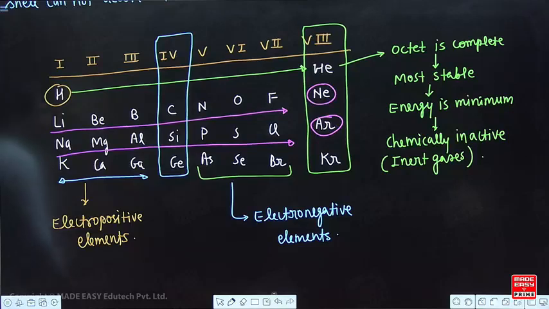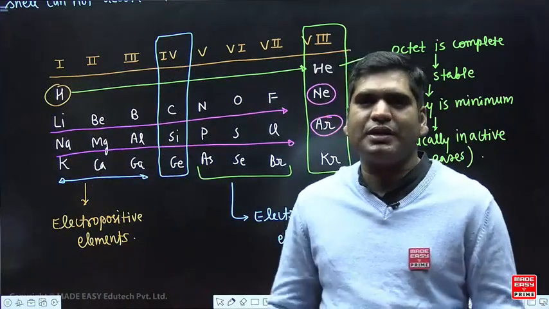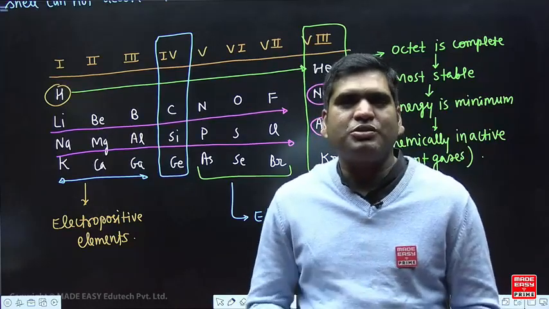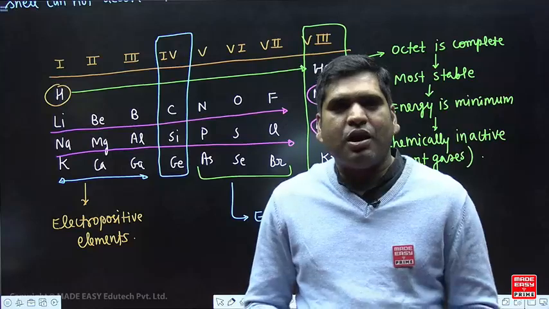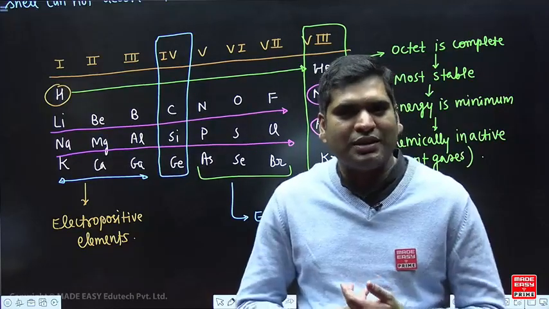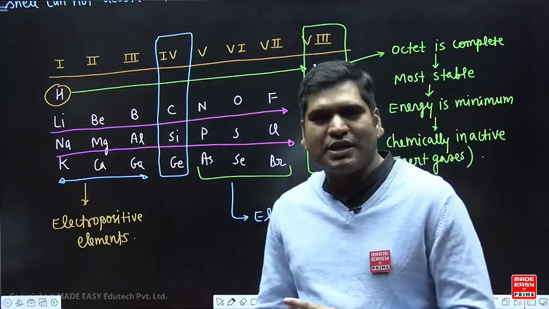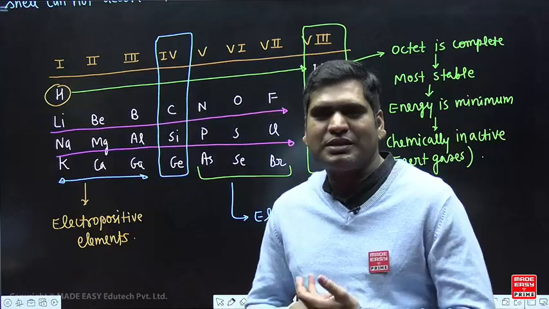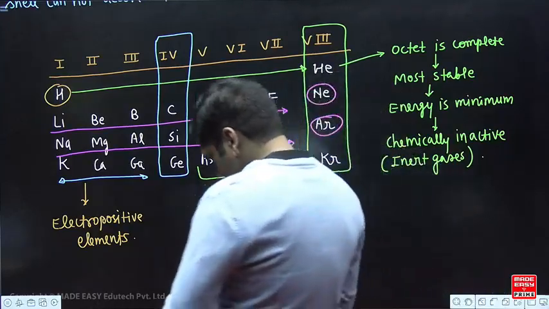रुचि अग्रवाल, वो ऑक्टेट पूरा करना है, इंटरनल कॉन्फ़िगरेशन उसका नहीं देखना, आउटर ऑर्बिट में 8 इलेक्ट्रॉन पूरा करना है, ठीक है। सो आउटर ऑर्बिट में 8 इलेक्ट्रॉन पूरा करना पर्पस है, और 8 इलेक्ट्रॉन पूरा करने के बाद वो किसी न किसी इनर्ट गैस के जैसा दिखने लगेगा। तो उसका टारगेट होता है कि उस रो में जो इनर्ट गैस है उसके जैसा दिखे, उसके जैसा नहीं दिखेगा तो उसके नियरेस्ट अबाउट जो मिल जाएगा उसके जैसा बनने की कोशिश करेगा, ठीक। जरूरी नहीं जीवन में हर टारगेट अचीव ही हो।